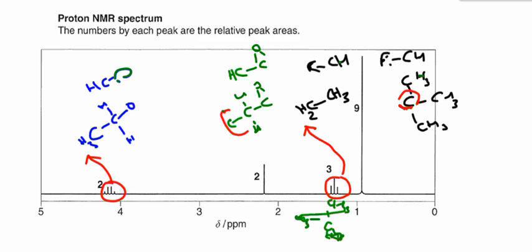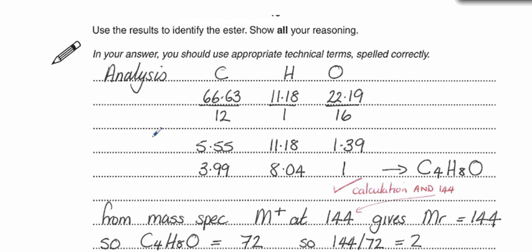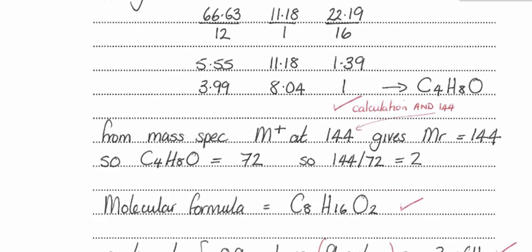So over the page, then we'll go through our analysis, and then I'll have a look at the shape of the molecule. So analysis from the question, and notice that we've got to use the results to identify the ester, showing all your reasoning. We've got the percentage compositions, dividing by the Mr, then dividing through by the smallest. We've got some nice numbers here, so we've got 4, 8 and 1, which gives us our empirical formula. From the mass spec, we've got the M plus at 144, and so we need to show clearly that we've got the molecular formula as